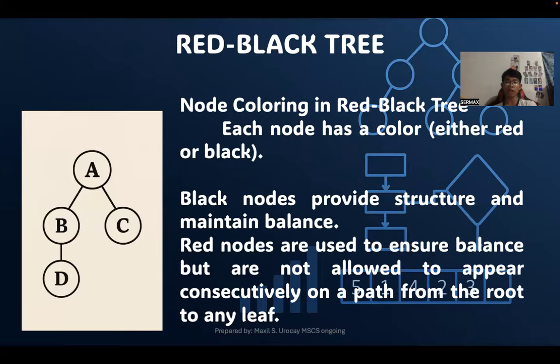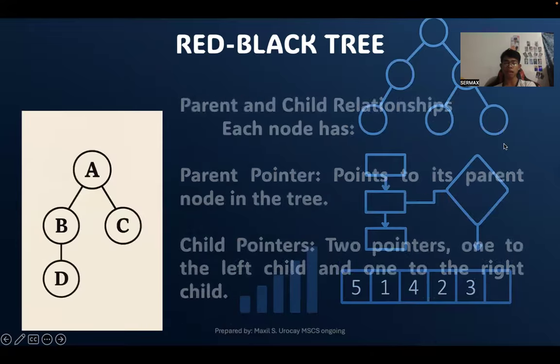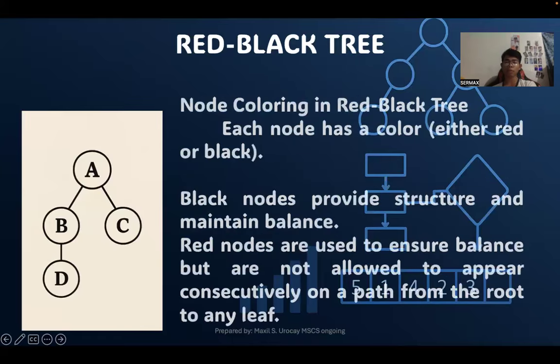Node coloring in red-black trees: each node has a color, either red or black. Black nodes provide structure and maintain the balance. Red nodes are used to ensure balance but are not allowed to appear consecutively on a path from the root to any leaf. This is the basis, since we also have the nil nodes here. This is the structure of